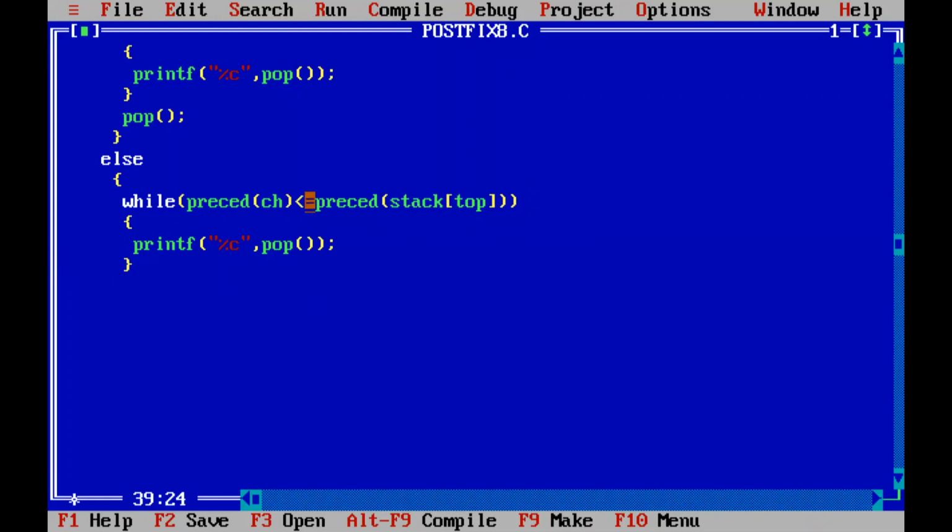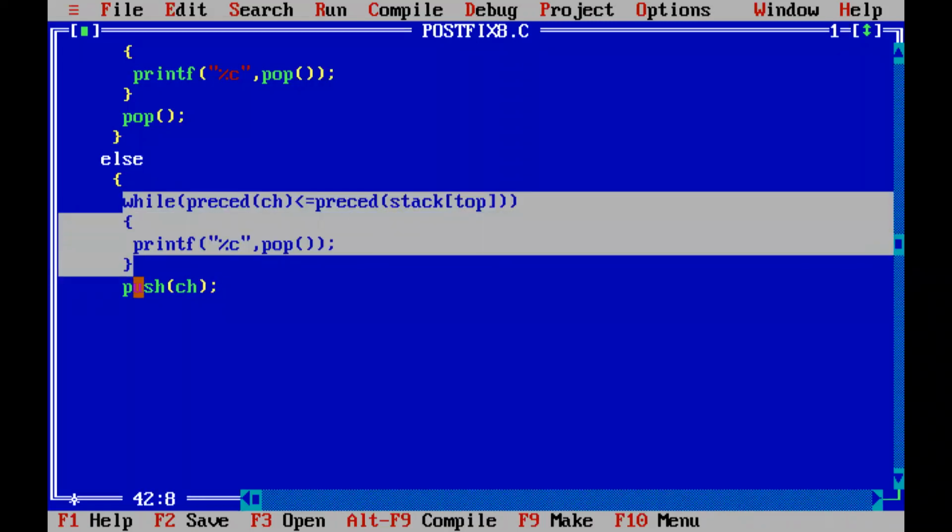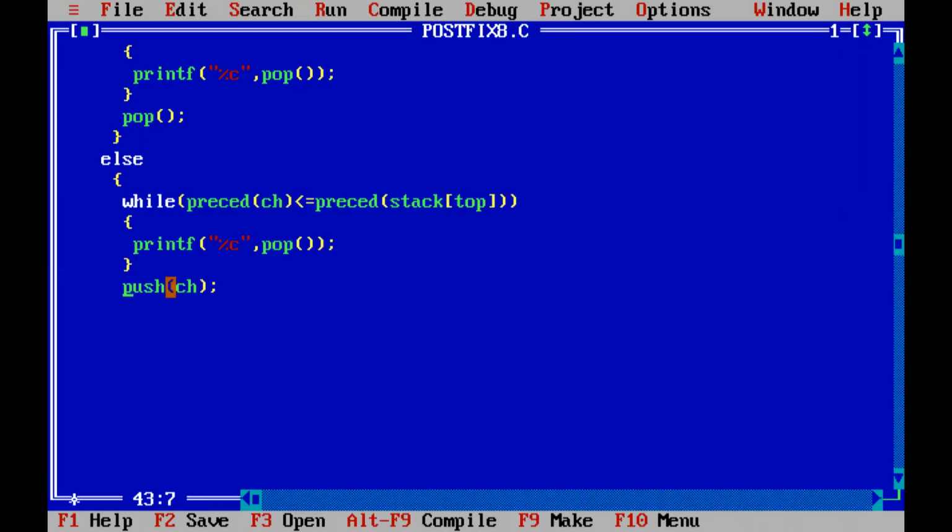If it is equal precedence, suppose incoming operator is addition symbol and the top of the stack is having a subtraction symbol. Equal precedence means it will just pop out the subtraction operator, and then it will come out of the while loop. And then what we will do, we will push the operator, right? The incoming operator. Suppose it is not lesser than, it is not equal to, then what will be the condition? The incoming operator will be having higher precedence. So it will not be moving on to this value. It will directly go and push the operator which is having higher precedence.